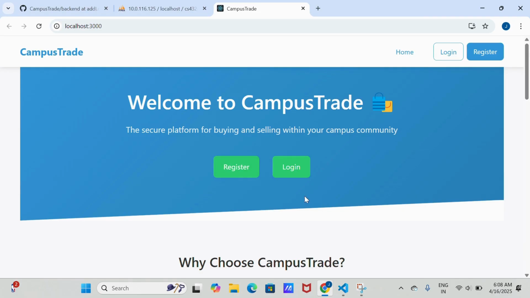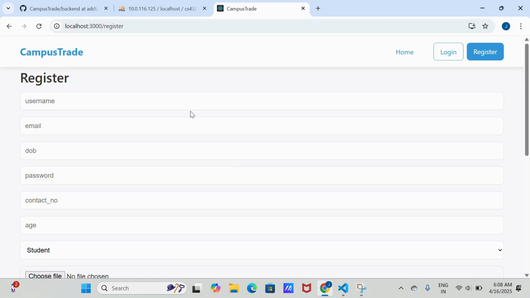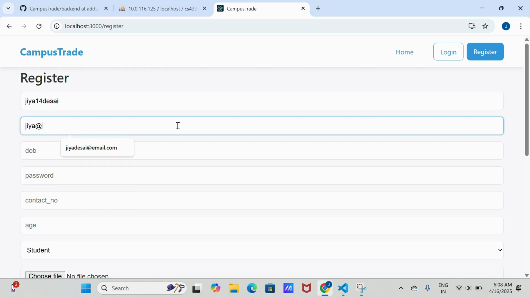This is the main page of our website with the register option for first-time users and the login option for already registered users. I'll start by registering a member first. My username, email,